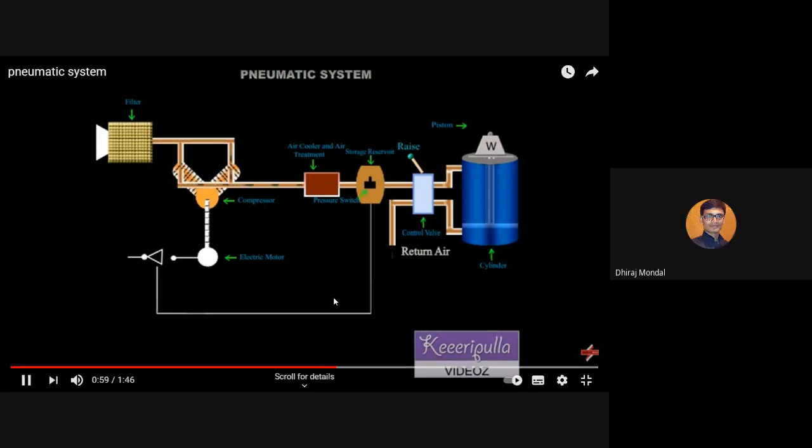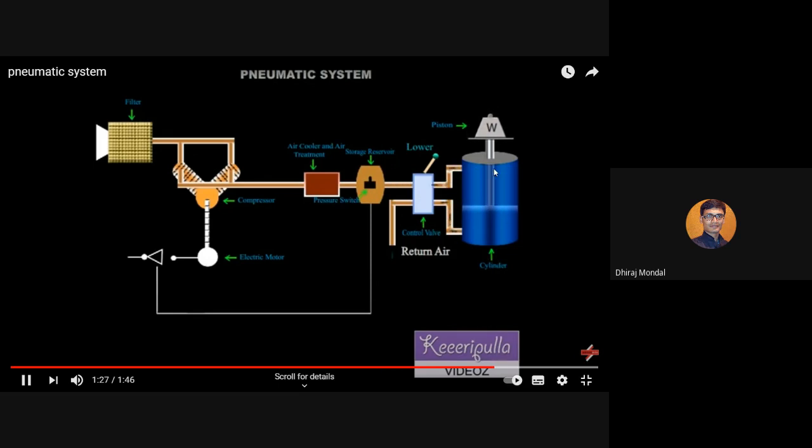Okay. So you can see the pressure is produced by the help of a compressor. You can compress the air. Pressure in the air can be compressed and it is coming throughout this way. When this valve is closed and this valve is open, the compressed air is coming, and that means this particular point is void and empty, and the load is coming downward.